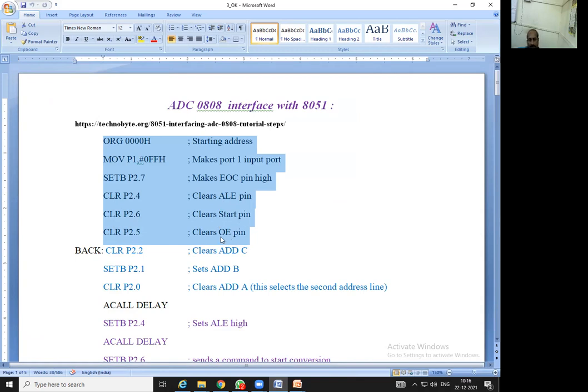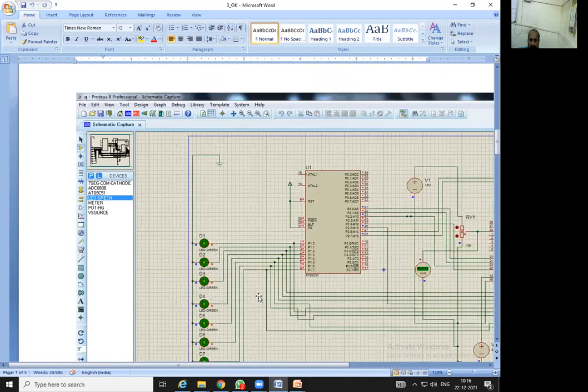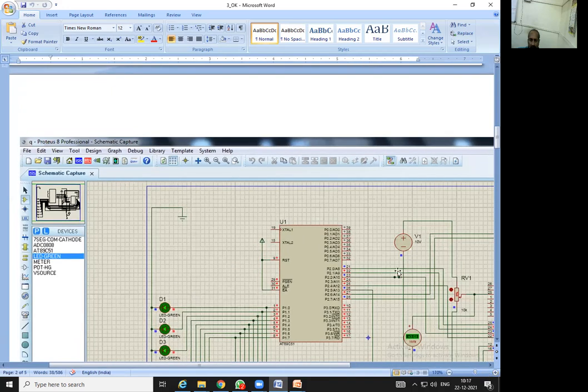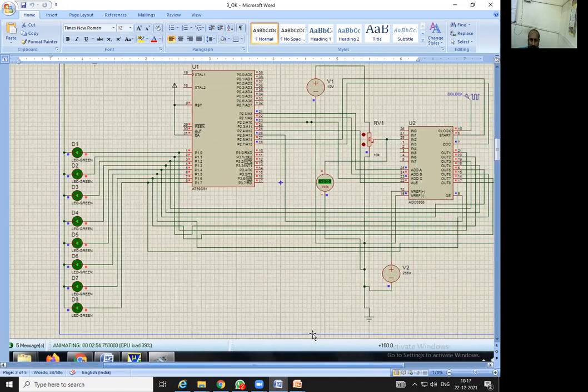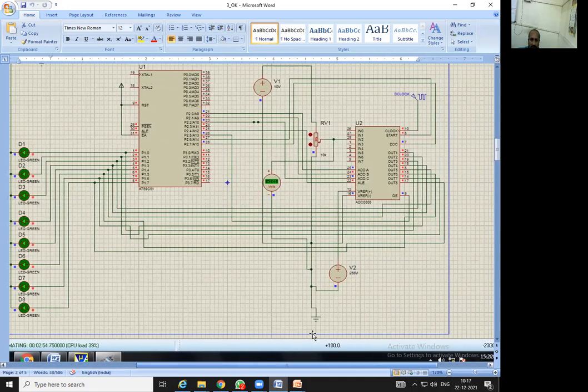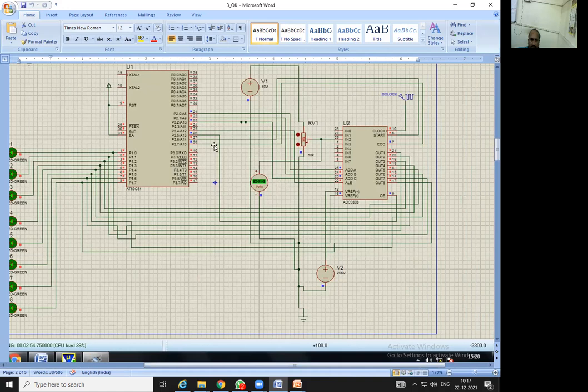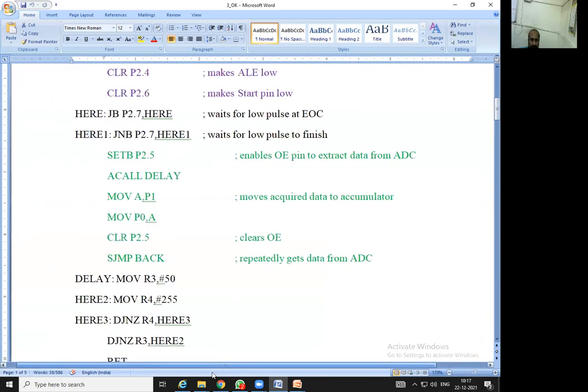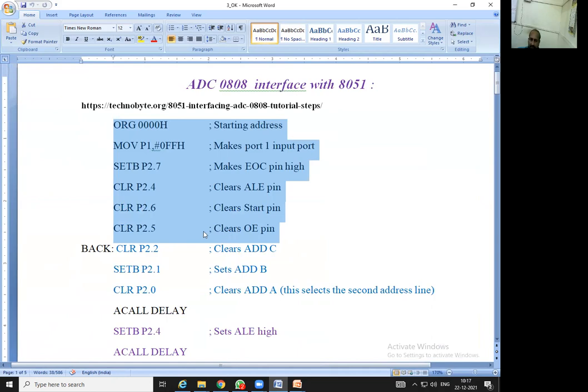Clear P2.5, OE pin also has to be cleared. Okay, so P2.7 was end of conversion. Is it the same? Let us get it confirmed. P2.7 is connected to this. Yes, it is connected to EOC, that is end of conversion. So that is done as the first part.